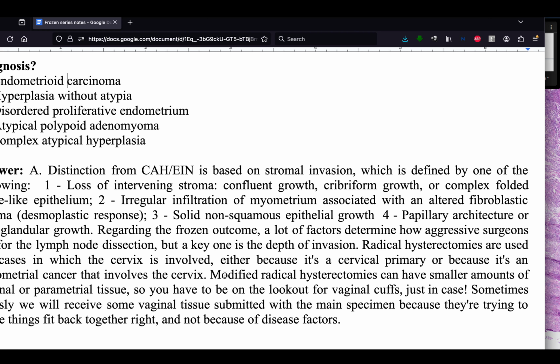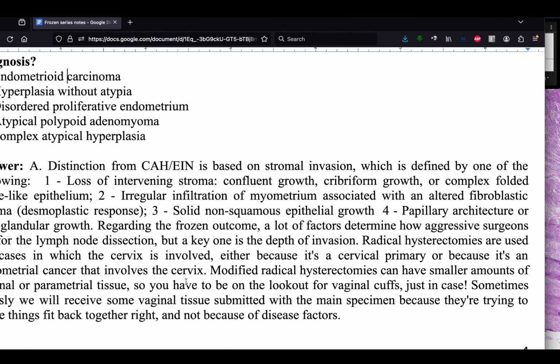There's also something called modified radical hysterectomies, which can have smaller amounts of vaginal or parametrial tissue. They can take small amounts of those, but they can have some vaginal cuffs, and that's sometimes grossly something you'll see in the gross room, but that's mostly because they're trying to make things fit back right,